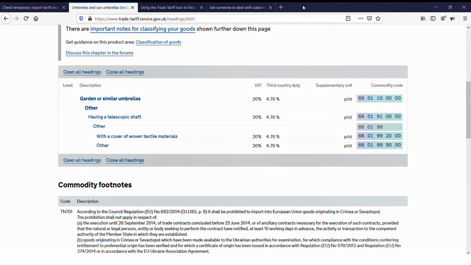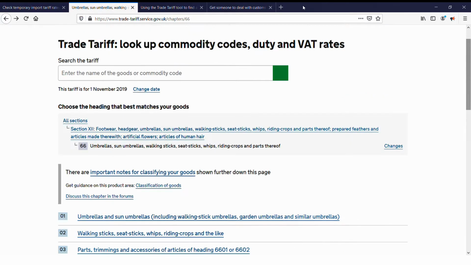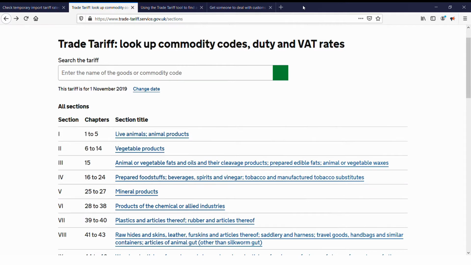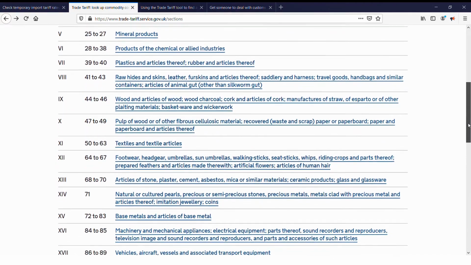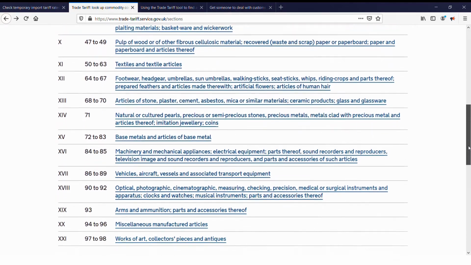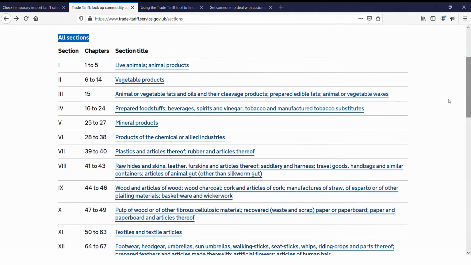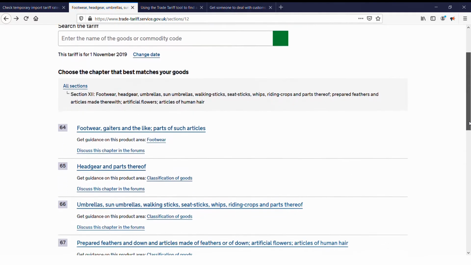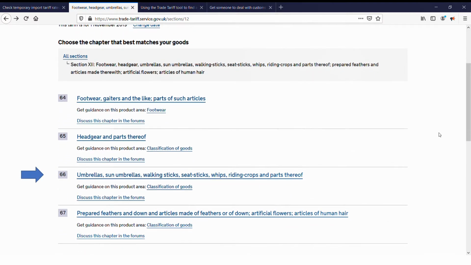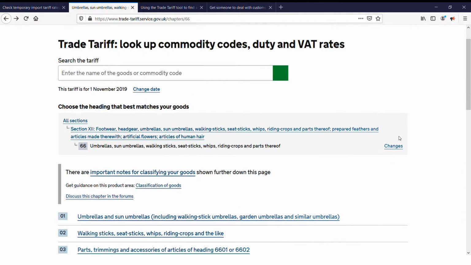We aren't going to memorize commodity codes, or anything like that, but we might try to understand how they work. Just to recap, before we arrived at this page, we scrolled through the HMRC All Sections list. We saw that in the All Sections list, a great many different product types were lumped together and grouped by consecutive ranges of chapter numbers. These consecutive ranges were then broken down into individual chapters. We also saw that the product types within each chapter were also then split into smaller groups called subsections, which we saw as 01, 02, and 03.